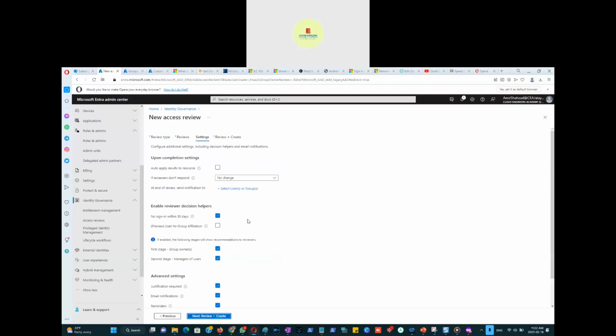And then we go next. Now it says auto apply results to resource. Upon completion settings, yes. So I selected one group. That group has two approvers, and it will be reviewed every 6 months to see who are the members